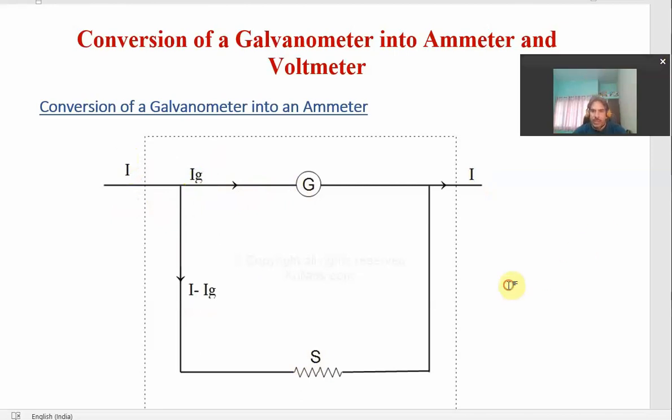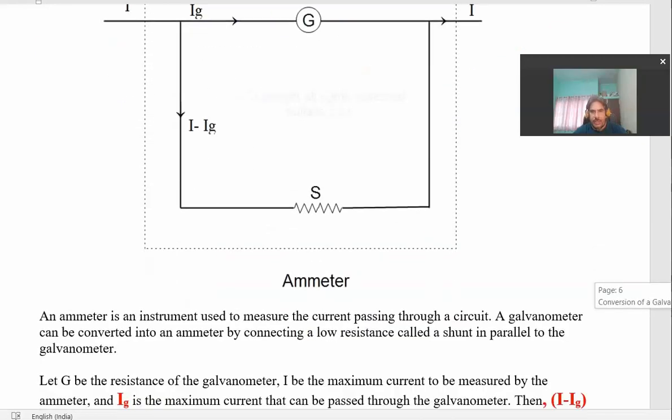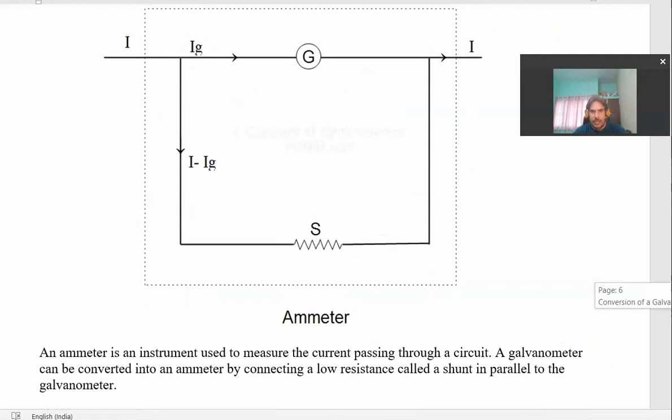Okay, so what theory does this hold? Further, we can write the expression for this shunt resistance according to the description we are taking here. In this diagram, whatever the potential across G will be, the potential across S will be the same, because G is the resistance of the galvanometer, and the formula for the resistance of the galvanometer we already know from our earlier discussions. Because G and S are connected across the same two terminals, the potential across G and the potential difference across S will be the same.